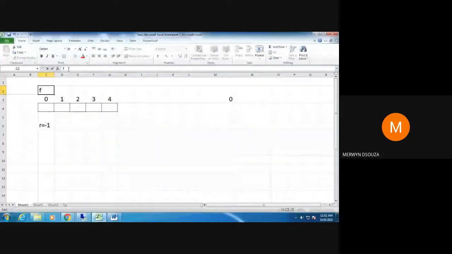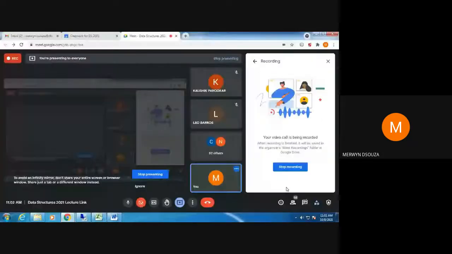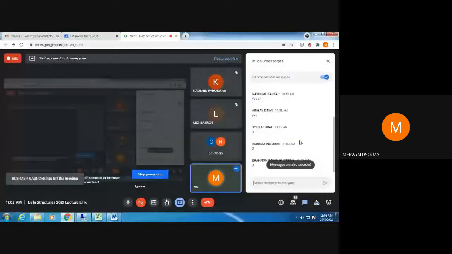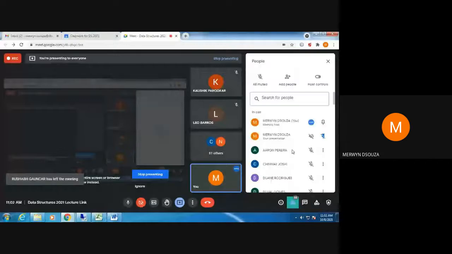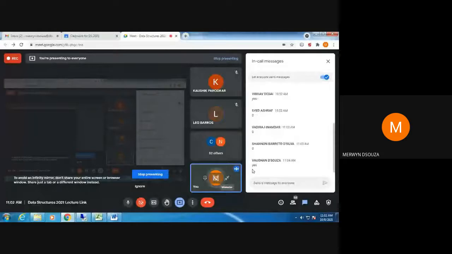Is it okay? Has everyone understood how this formula works here? Let me know in the chat right now. -1 plus 1 equal to 0. Everyone, all 55 of you, is it okay? Just let me know quickly. You all understood that line of programming? Anyone who wants me to tell it again? Okay, let's continue then.